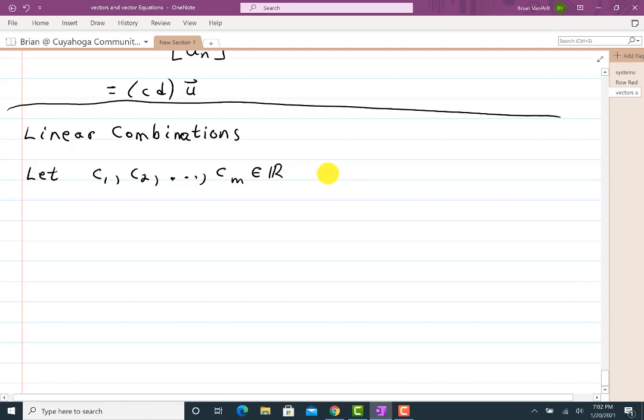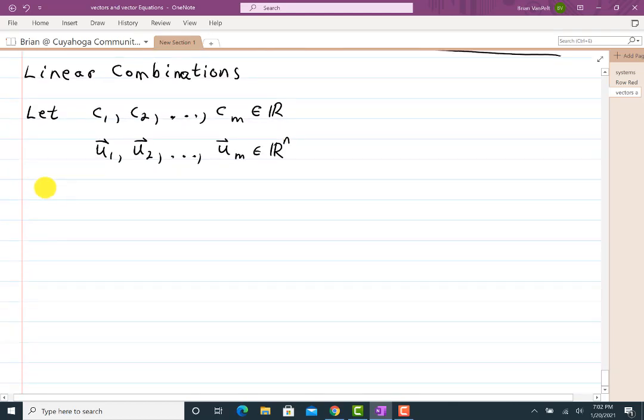And I also want to let U1, U2, up to Um all be vectors in Rn. The expression C1U1 plus C2U2 plus CmUm